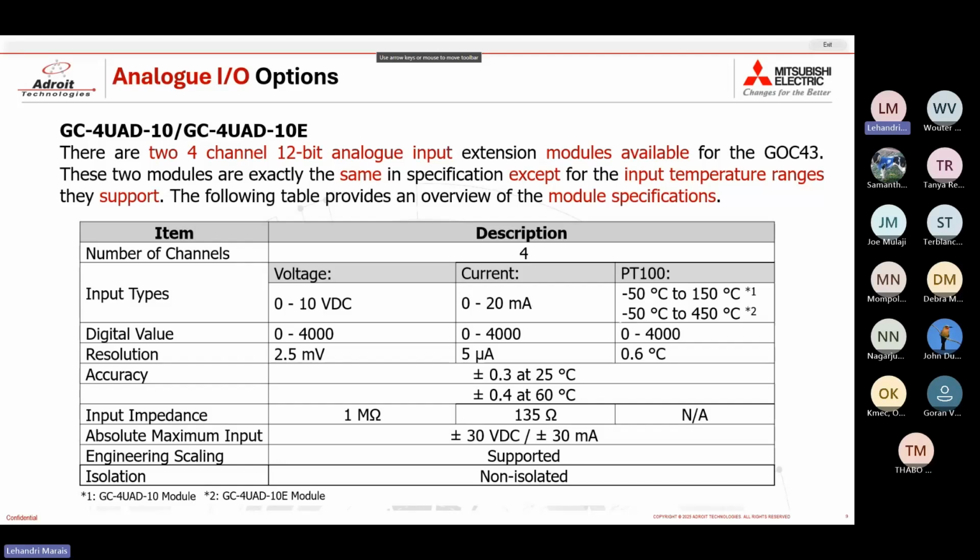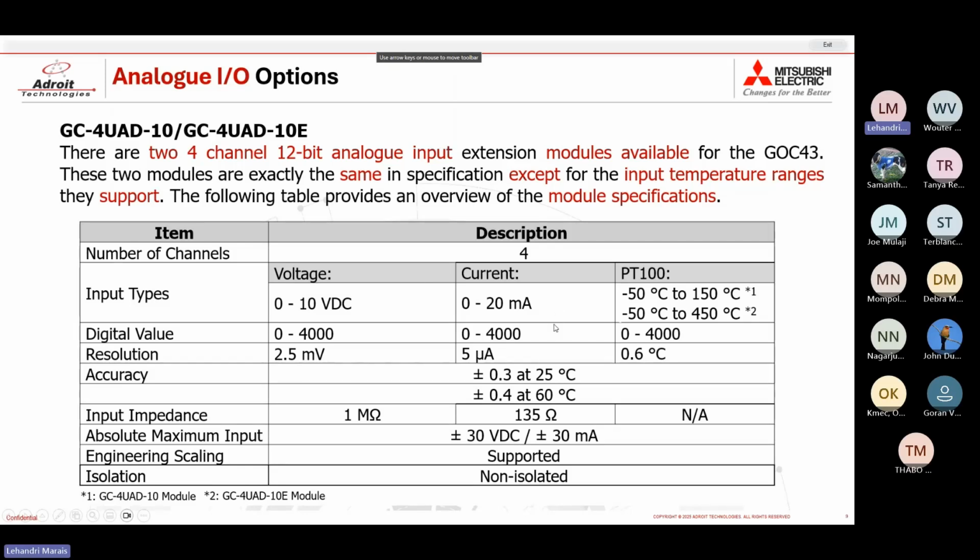So we now start with our analog input options. This is the GC4UAD-10 or the -10E. Now these modules are essentially, once again, the same module with basically the same specifications. The exception in this case is one of the input types. So both of these modules are 4-channel modules with input types voltage, current, and PT100. So it can take a PT100 sensor, with the voltage being 0 to 10 volt, current 0 to 20